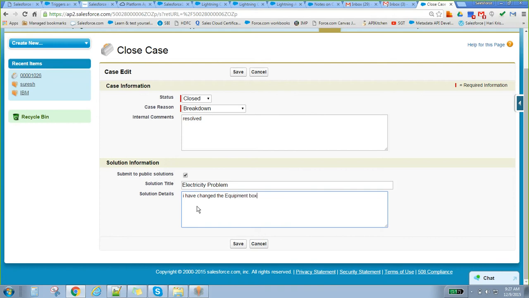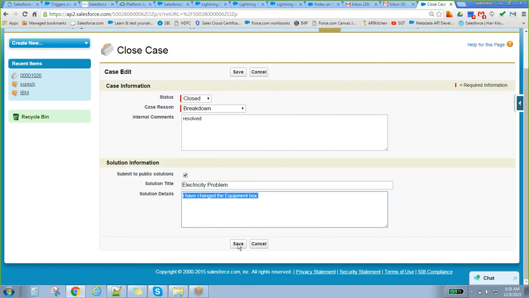Okay. So we can say a solution. Solution is nothing but another object. Okay. Why are we using it? Solution is nothing but, it will be helpful for some other people also. If some other guy is facing the same problem, basically he is able to resolve it quickly by checking the solution, right? Okay. Checking the solution. So that's why solutions are used.